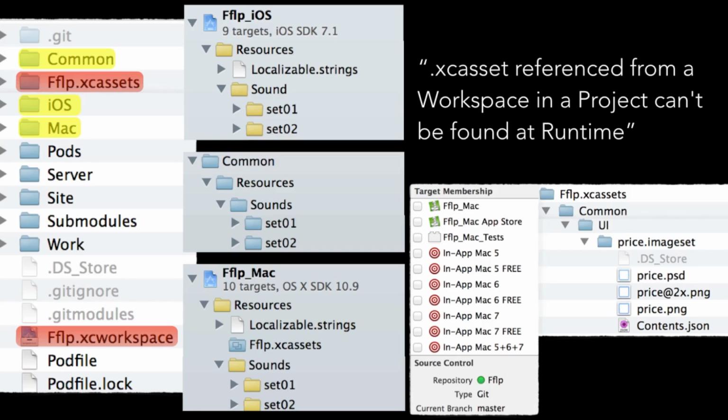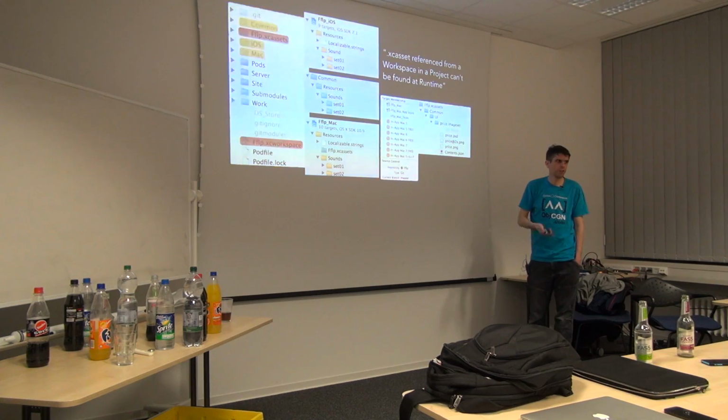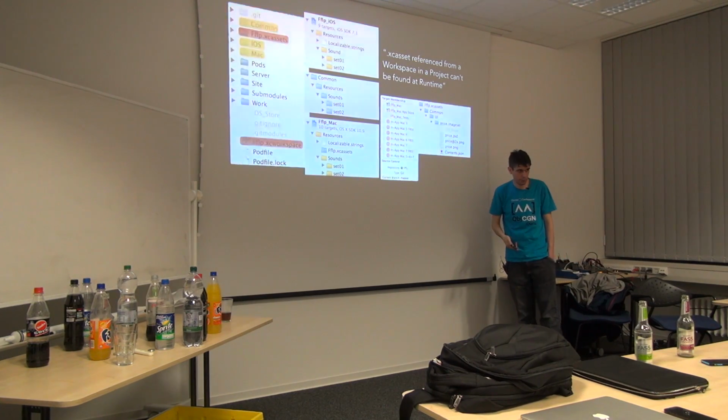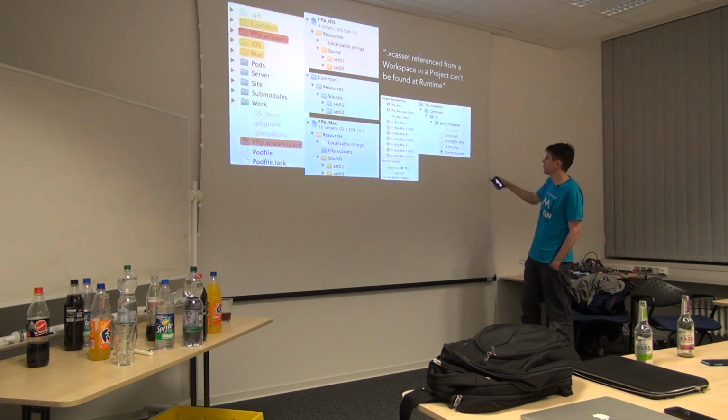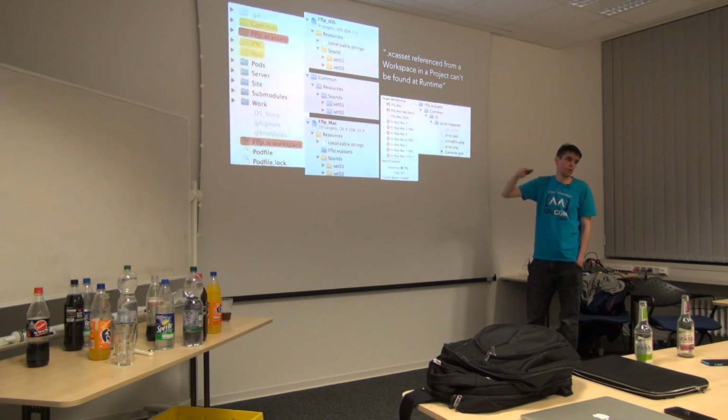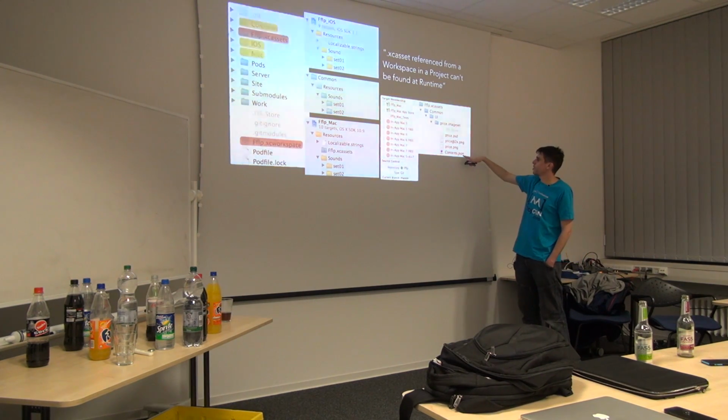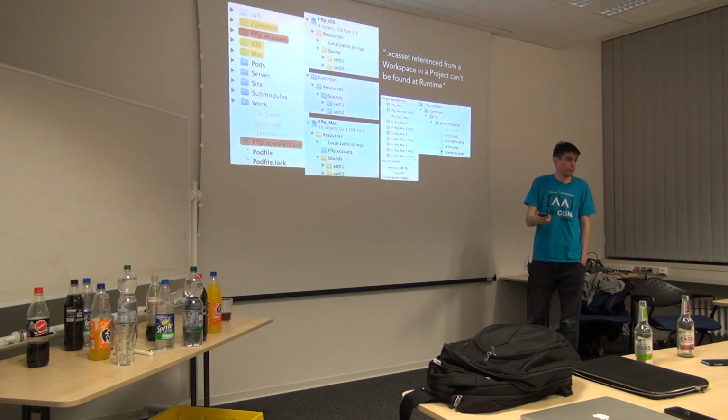What I even do, and I go even further and get more crazy, is that the XA assets and the image set conveniently, up until now at least, show up in the Finder as folders. They don't show up as bundles or whatever. So it's pretty convenient because you can put whatever you want there. It's your own organization. The only thing this JSON cares about are the two PNGs which are referenced in